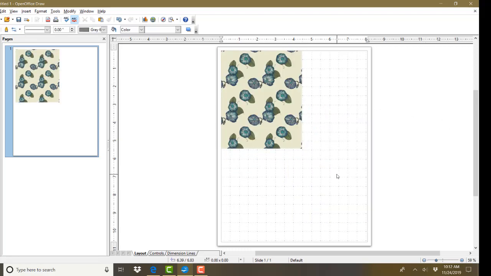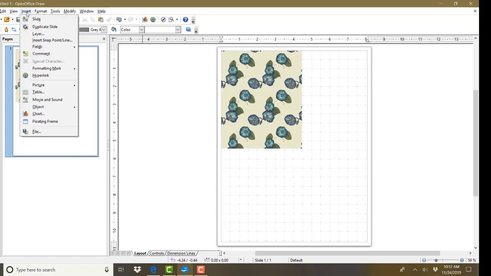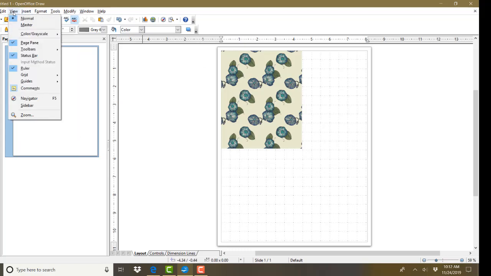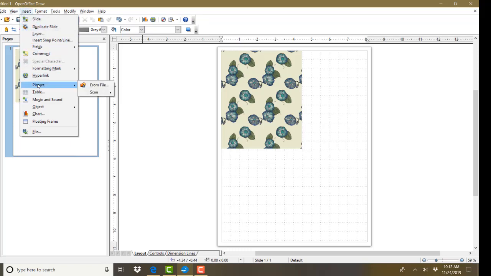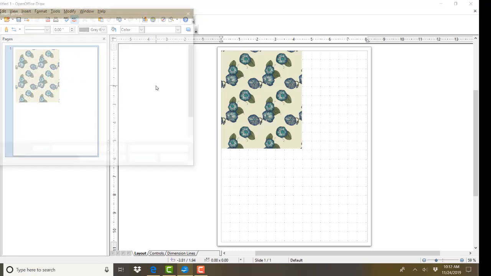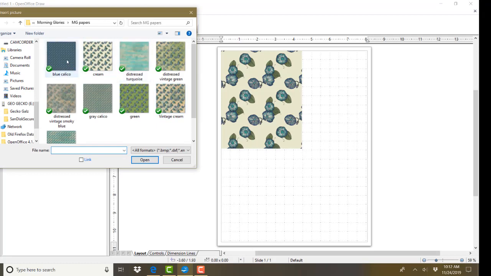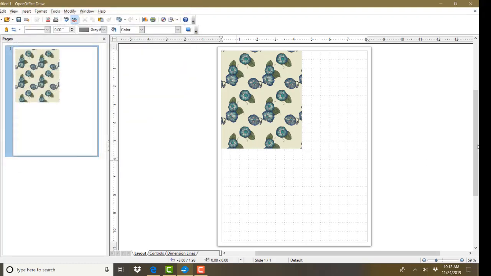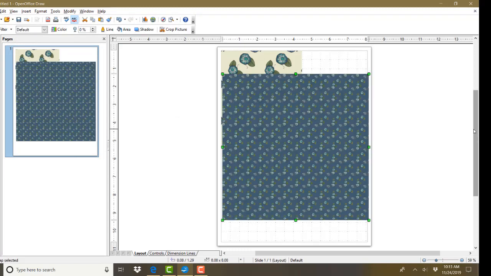Now that's my background, and now I want to use another piece to play with to make my card. I'd like to combine two papers, so I'm going to go back to Picture from File and pick out, I think, the blue calico. I think that's really pretty, and it's a small print, so I think a large print and a small print with the same colors will look super great. Now, I can crop